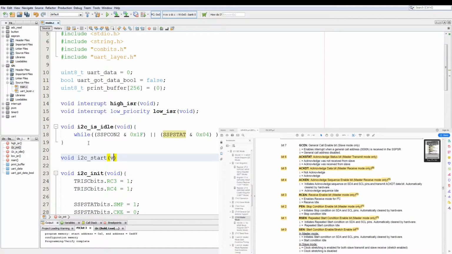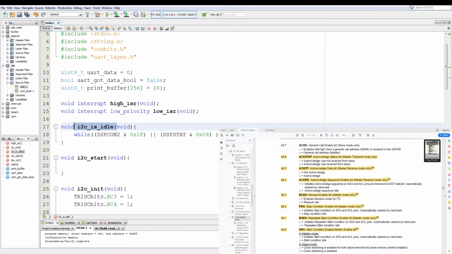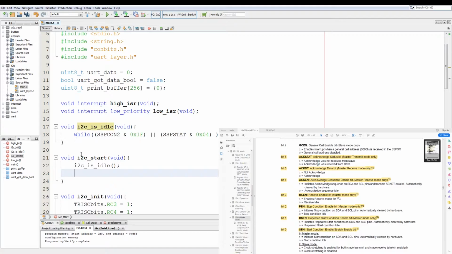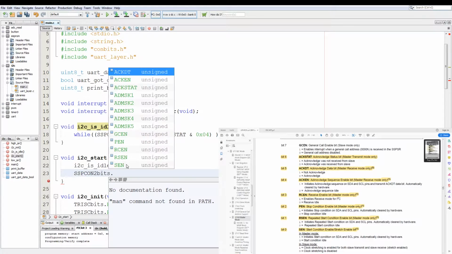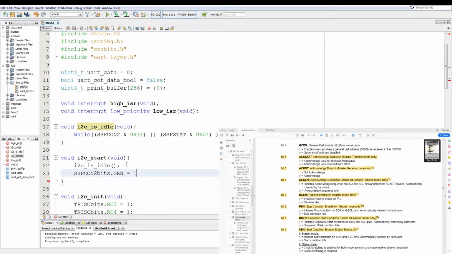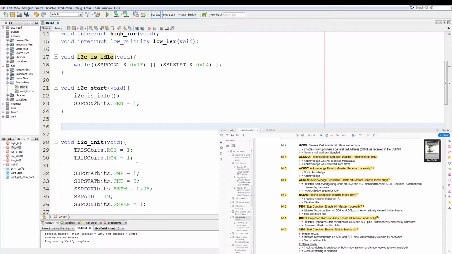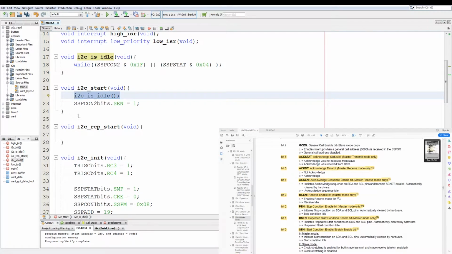Now the next function we're going to do is enabling the start condition by adding void I2C_start, with no parameters. Then we start by adding the I2C idle function, and then we initiate the start sequence with SSPCON2 bits member SEN equals 1. And we add the next function for the repeated start condition. We call it void I2C_rep_start. Again we add a check if the I2C bus is idle.